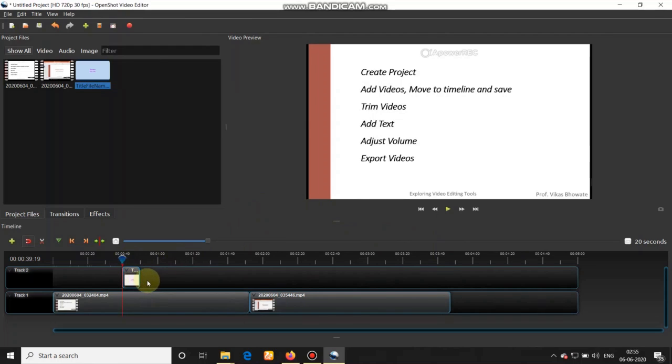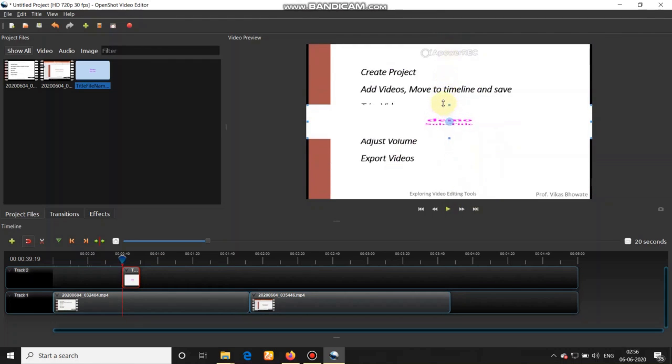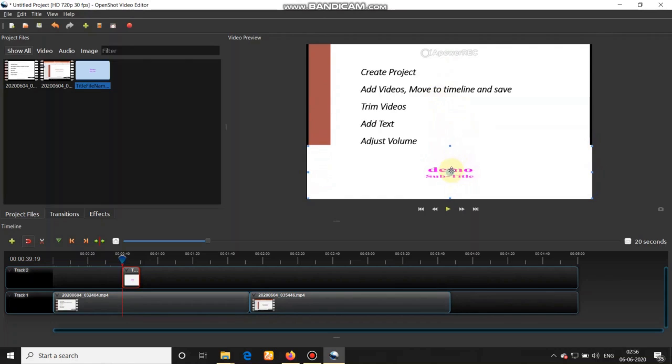Once it is done, select that SVG file, right click on it and move to transform. When you click on transform, it appears like this. Now you resize the text like this and put it somewhere in your video.